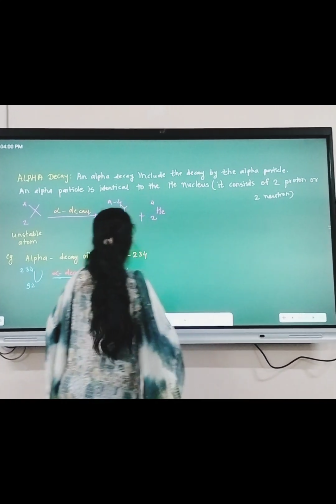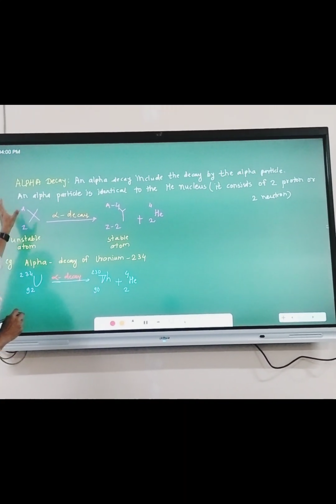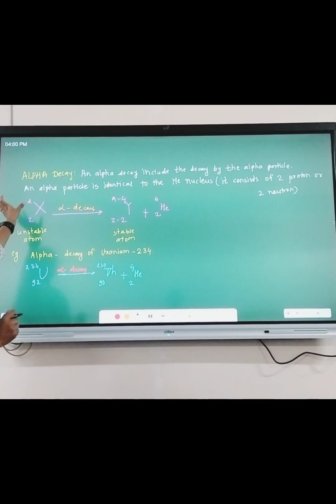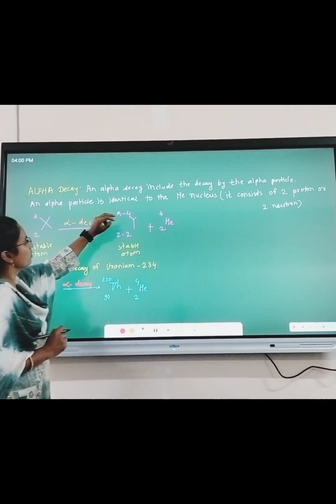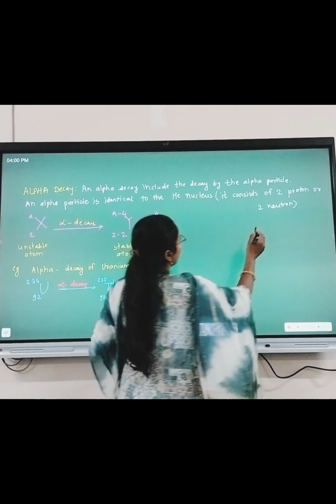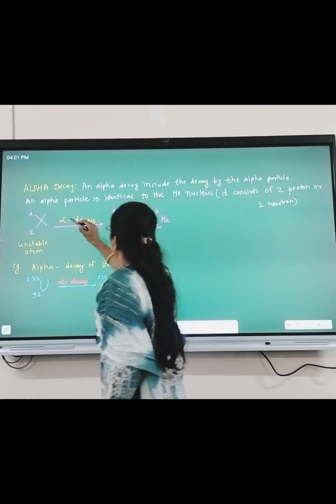Next, alpha decay. Alpha decay includes decay by the alpha particle, and the alpha particle is